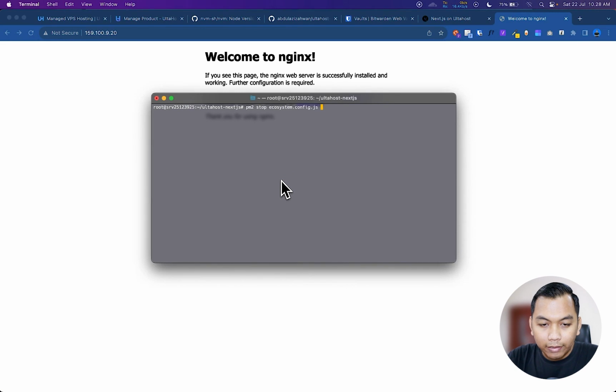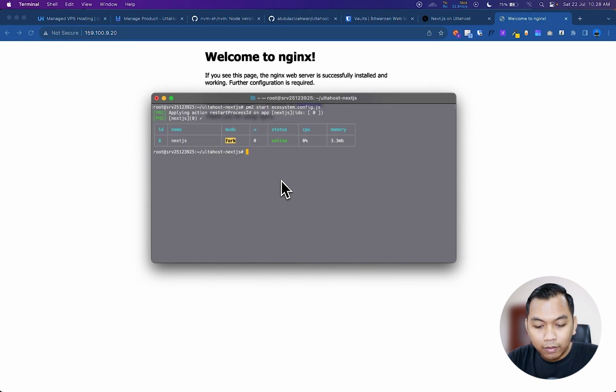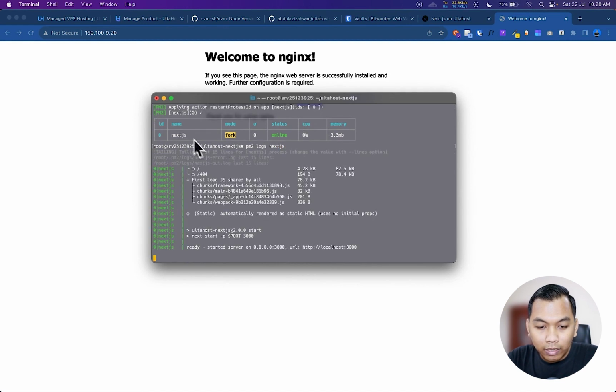So let's run it again, and let's check our logs using pm2 logs, and then we can say the name Next.js. And now let's see, our Next.js app is ready, started server on localhost port 3000.